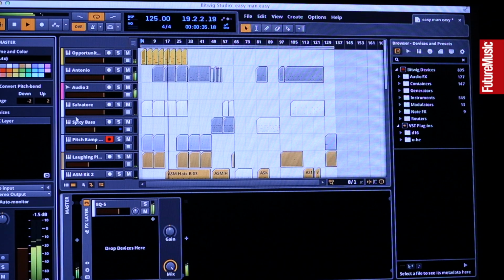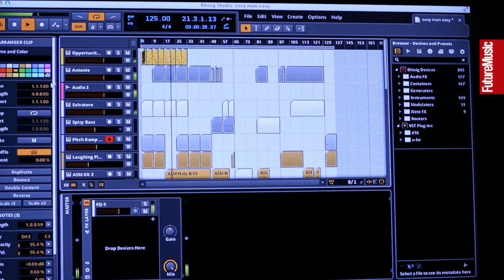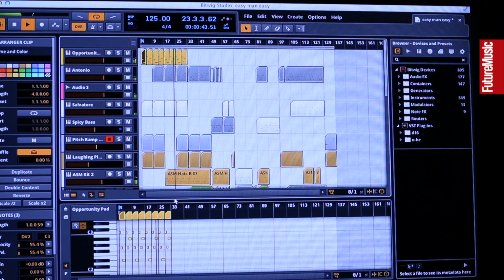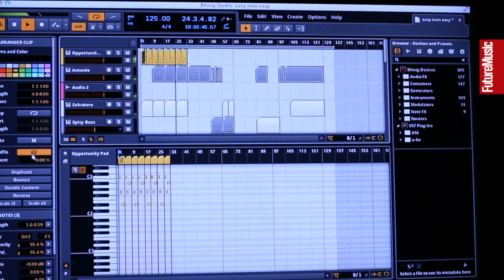So that inspector is object-based. I can click on a track and change all the parameters of that track. I can click on a clip, and they have all the parameters and the properties of the clip. You can let it loop or not, you can put in the loop, and you can change the groove settings.